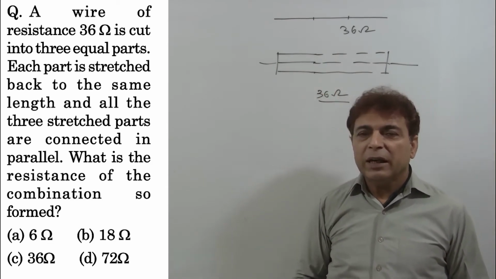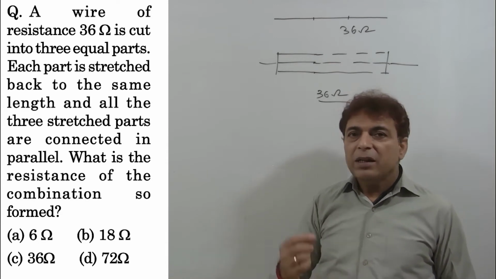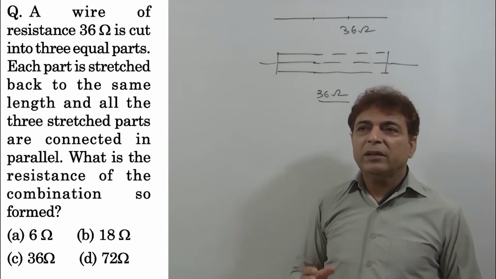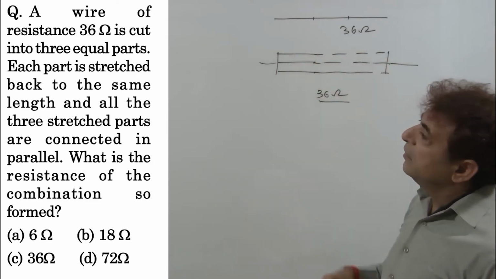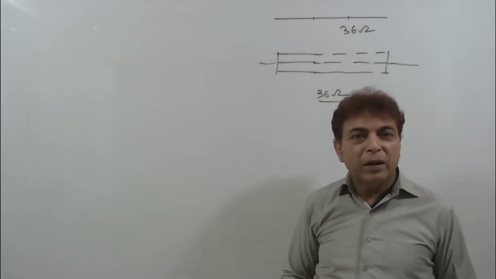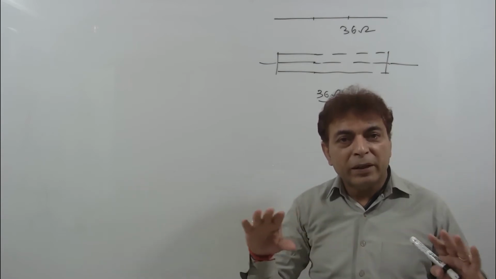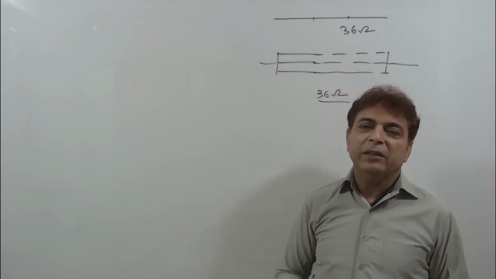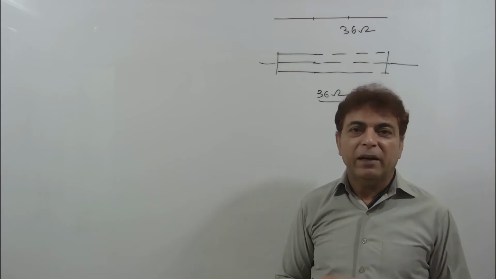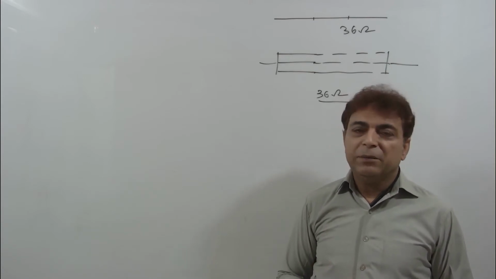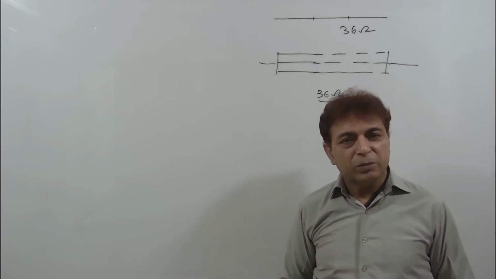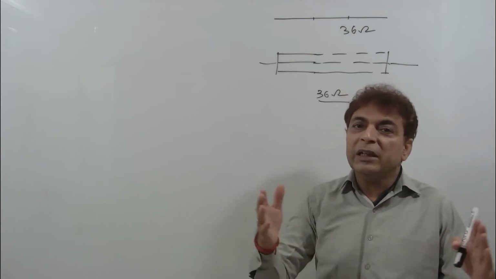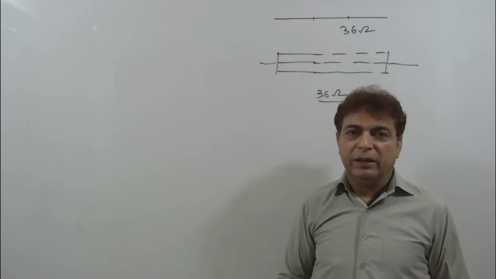क्वेश्चन में क्या कंडीशंस हैं? इट्स नॉट दैट इट हैपेंस विद एवरी क्वेश्चन। इस टाइप का क्वेश्चन तो व्हाट आर द कंडीशंस अटैच्ड? The wire is cut into a number of parts. All the parts are stretched to the same length and now they are connected in parallel. The resistance remains same for the combination so formed. कितने ही पार्ट्स में उसे काट सकते हैं, बट उसी लेंथ तक सभी पार्ट्स को स्ट्रेच करना है।